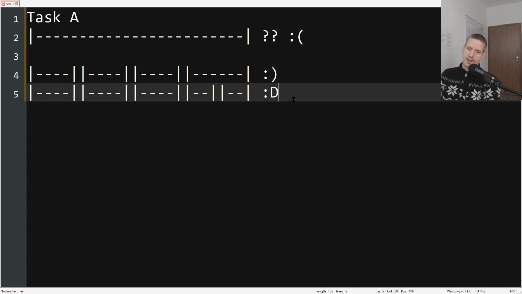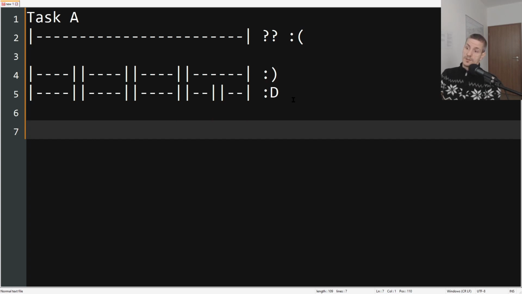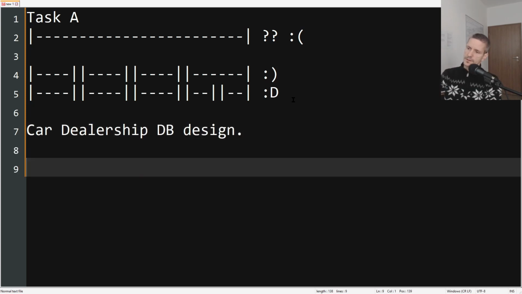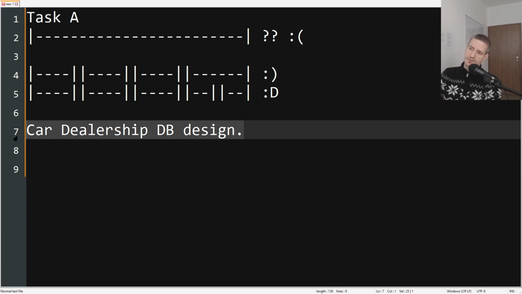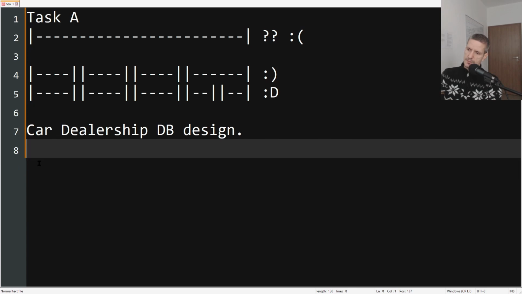What does this mean? Let's say you have to do some car dealership database design. And you have no idea how to do that. Well, let's write it down, because the brain works much better when it sees, with visual hints. So you write it down: car dealership database design. What would be the segments? To finish the database design for a car dealership, you need to understand what the car dealership is composed of. So maybe it has something like, and you break it down into showroom